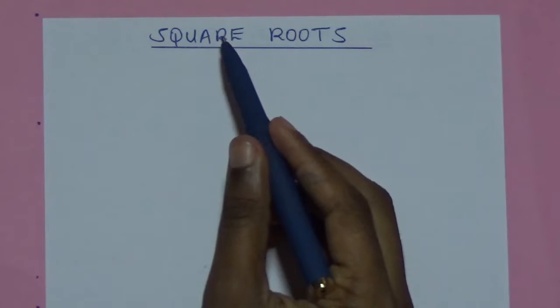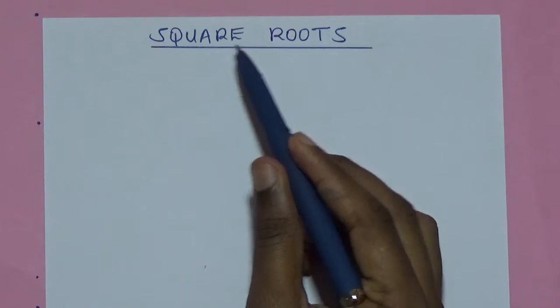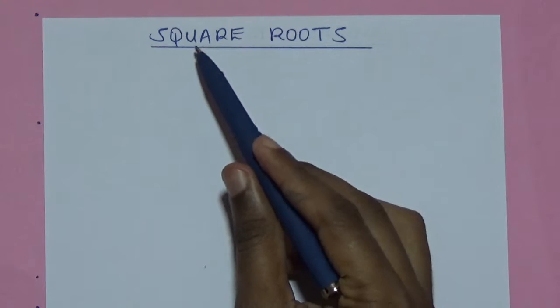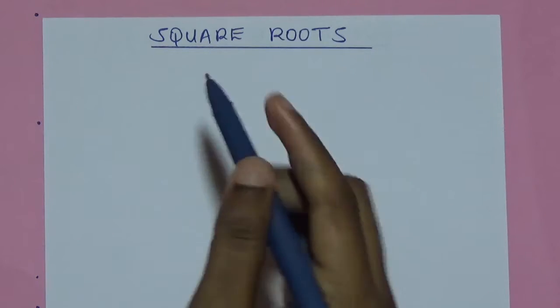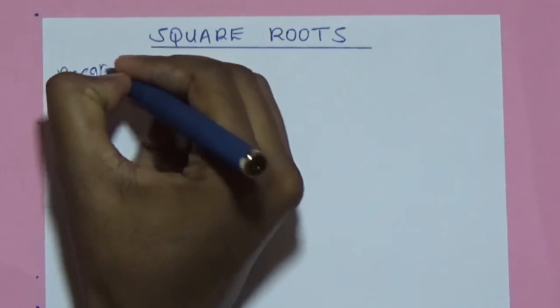We have come to the second part of our lesson. In our first part, we learned about squares. In this second part, I want us to look at square roots. In order to understand square roots, let us have a recap on what we learned